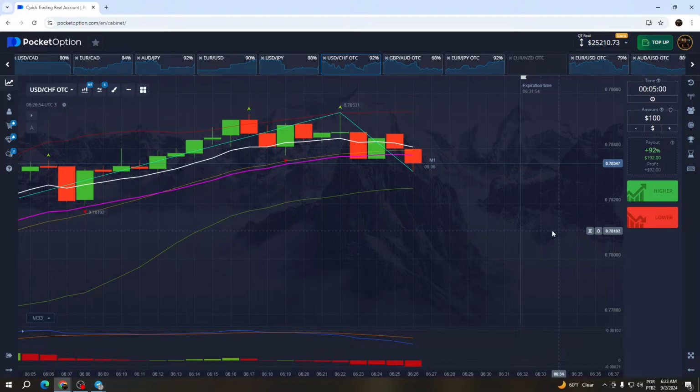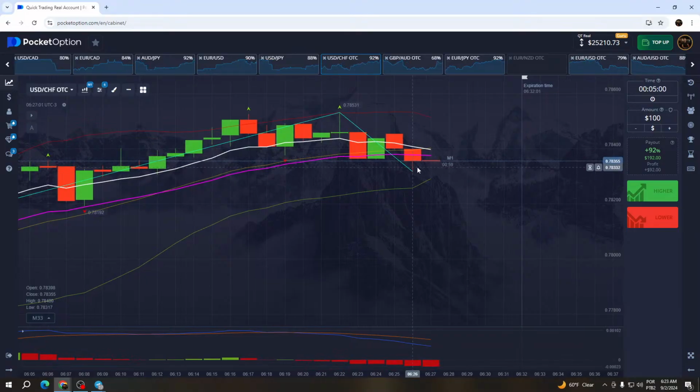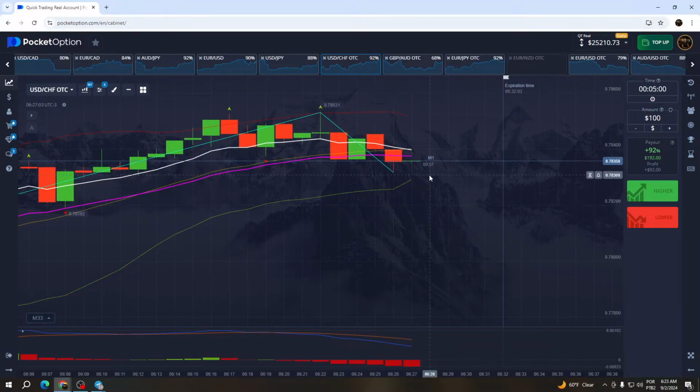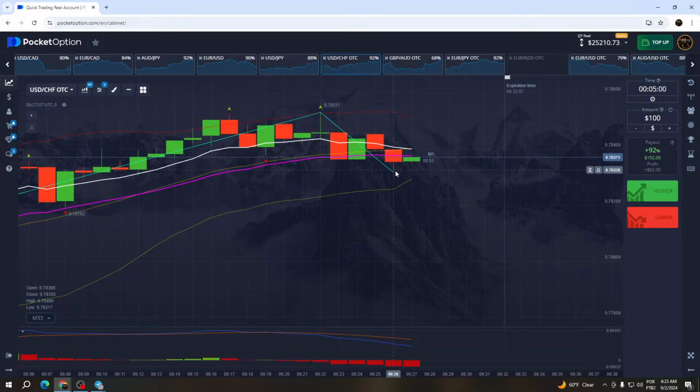The flag is just good to perform any strategy where you need to wait for the shadow, right? For example, this candle was created. If the next candle passes through the shadow of this candle right here, I perform an entry at this time that I left my mouse on.